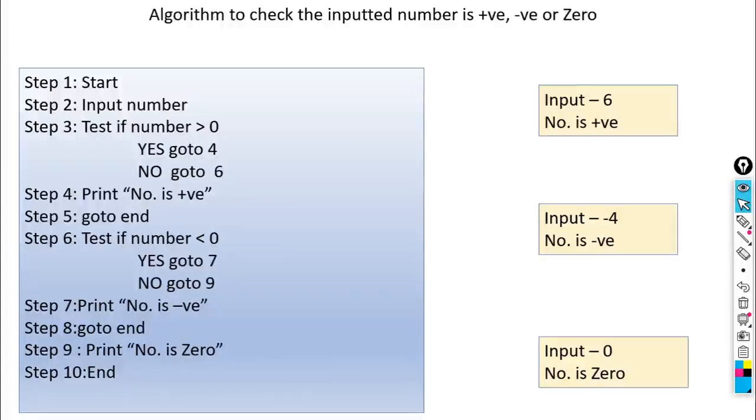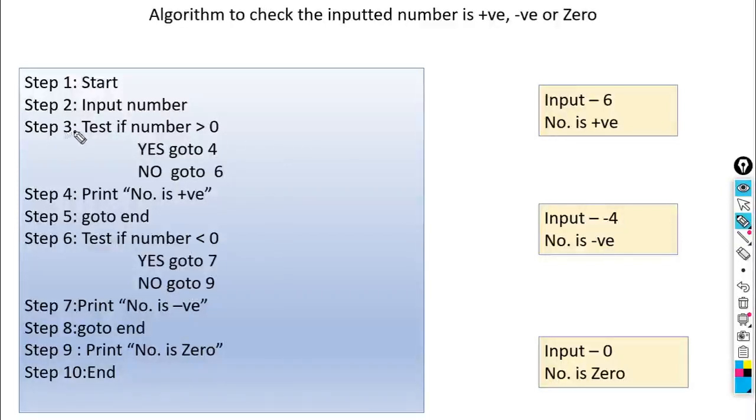Okay, so till now we will check if number is this or that, means either true or false. Only two possibilities are there, but in this question three possibilities are there. Enter number, then check number if number is positive, negative or 0. So how we can check this one? So look here, what is the algorithm for this one? Again start, and the question itself indicates that you should input the number. So here we can use input number.